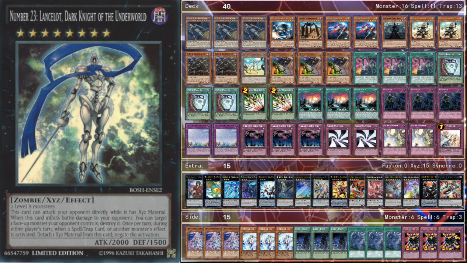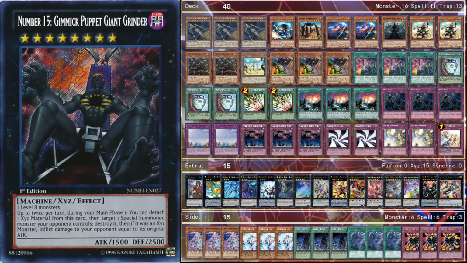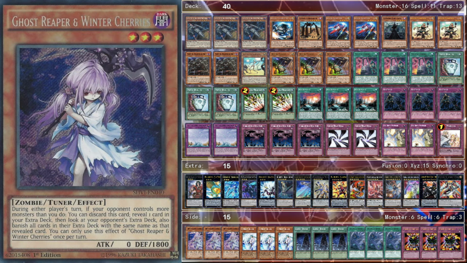I like Lancelot just as a rank 8 that can do quick damage by attacking directly, because you don't really go into your extra deck that much, but I wanted to have a lot of utility within that, just in case the situation comes up. 1 Giant Grinder for the same thing, like sometimes it comes up. And then 1 F0. For the side deck, we have 3 Ghost Reaper Winter Cherries because we do play the